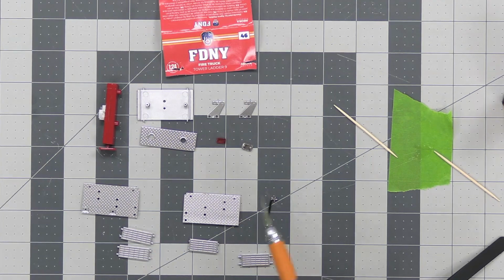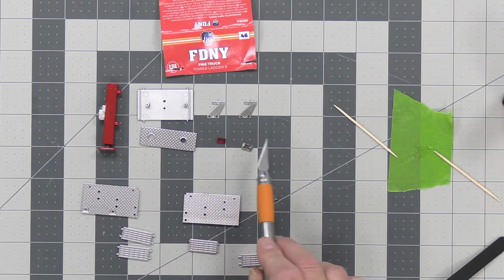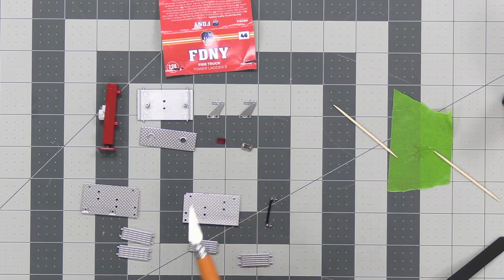Stage 46, here are the parts and some stabilizers. We're going to be building a side step, so we have some parts for that. We've got a lens frame, and we have the red lens. And we've got some step plates, but what I want to draw your attention to right here are the actual